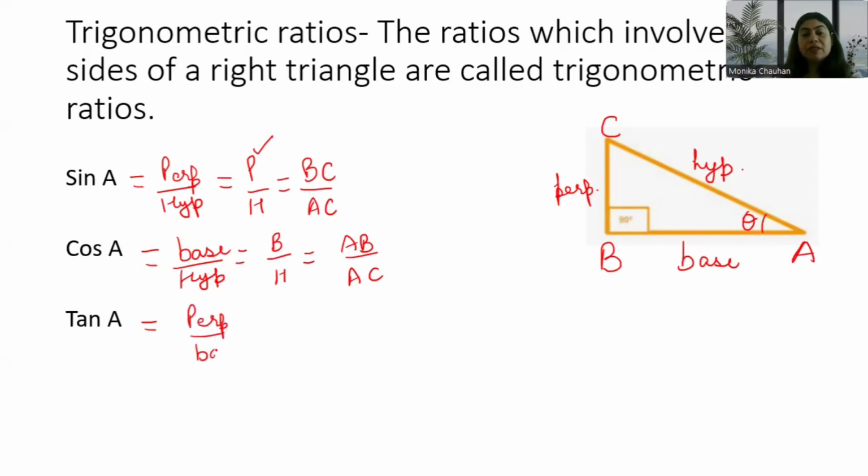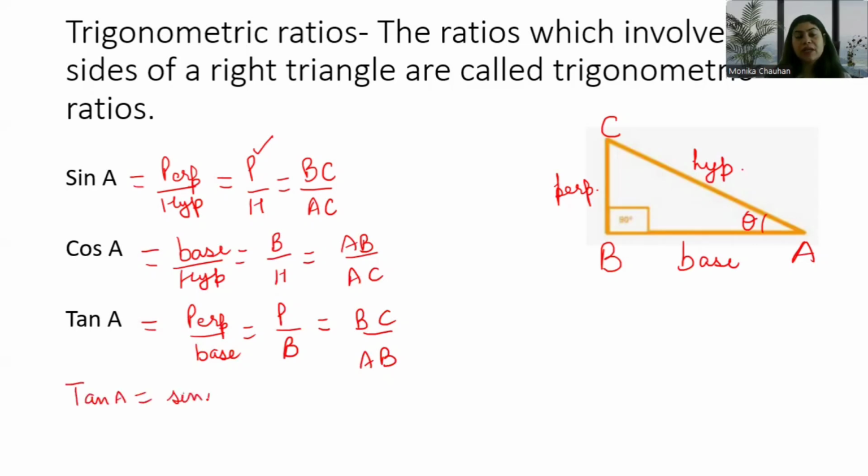Perpendicular upon base. Now how do you write it? Do you write it as P upon B? And your perpendicular is BC and your base is AB. Something very interesting I want to tell you here itself, that tan A can actually be written as sin